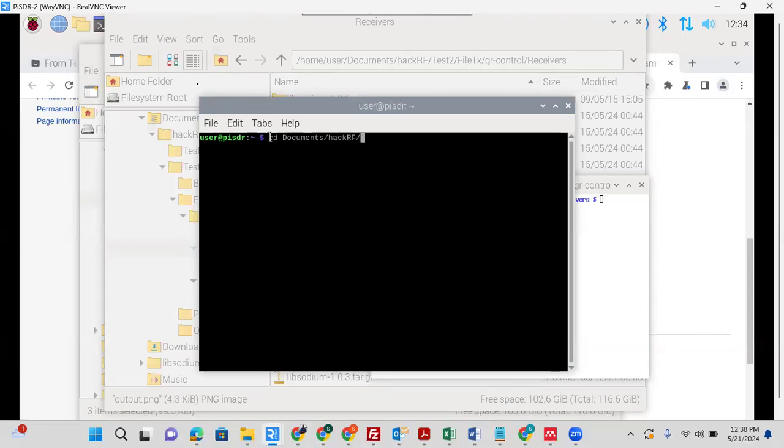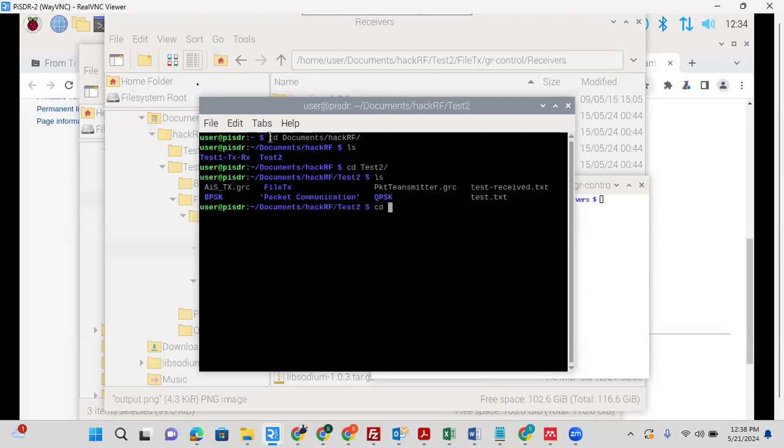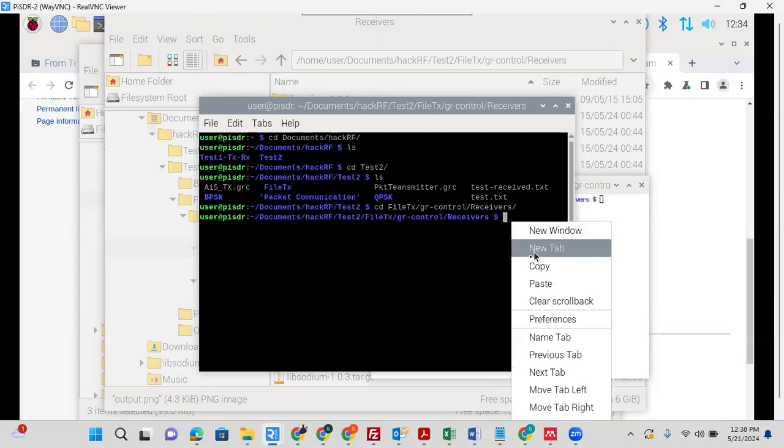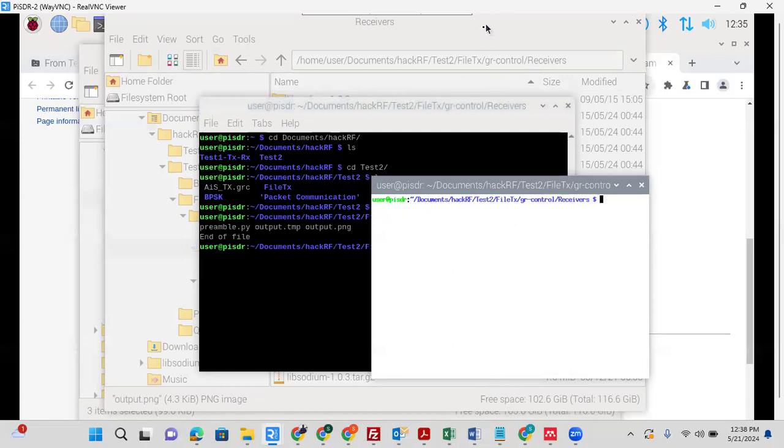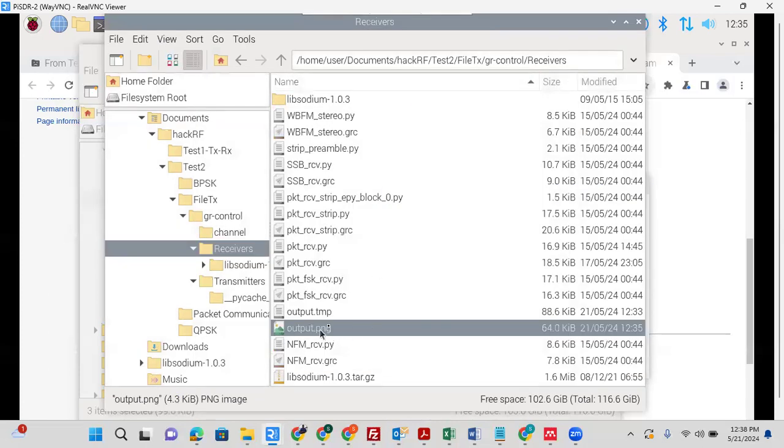CD documents, RF, test to file transmission, GNU, GR control, receivers. Right now I will paste this code here. So it will be now output.temp will be converted to output.png. Hopefully this has worked. Now if we go to the receiver folder, now there's a new file here as output.png